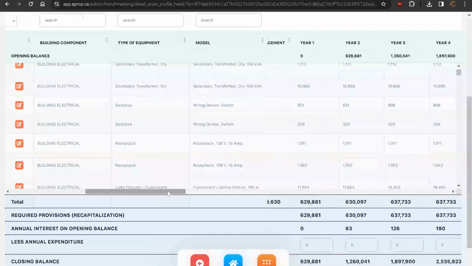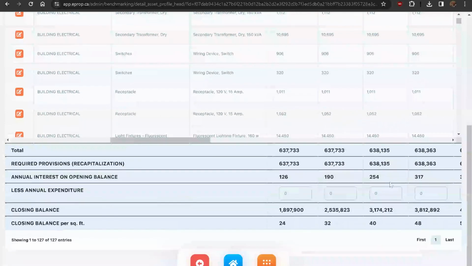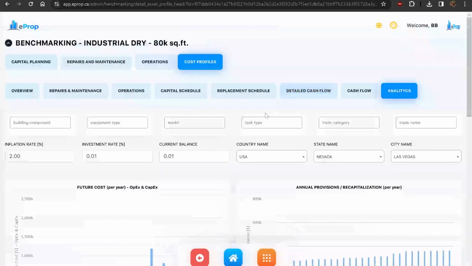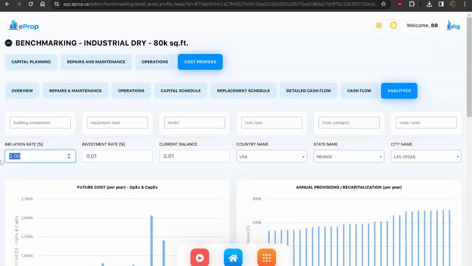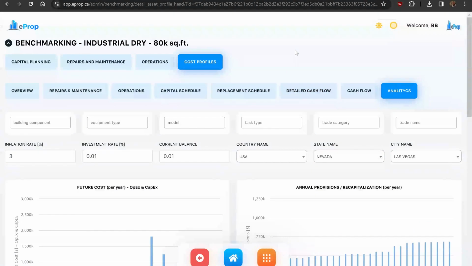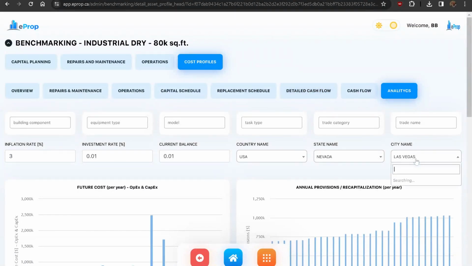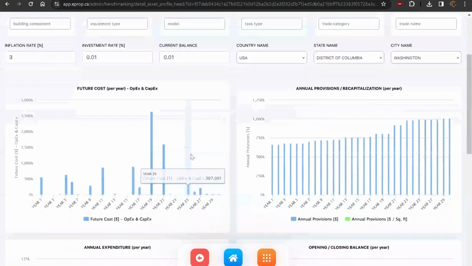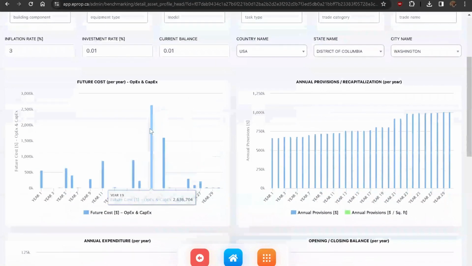You have the option to input some expenditures, some capital expenditures in a specific year. The application will automatically recalculate all the future costs for you. Here under analytics, you can run different what if scenarios. If you'd like to select a different city to see how to analyze the CapEx and OpEx cost in the different city, just select from the drop-down menu, and the application is going to recalculate all the costs for you